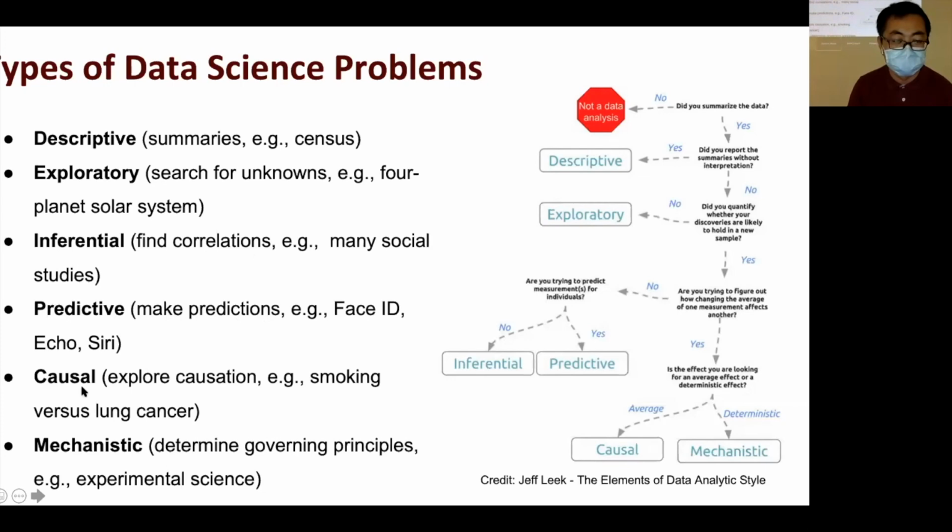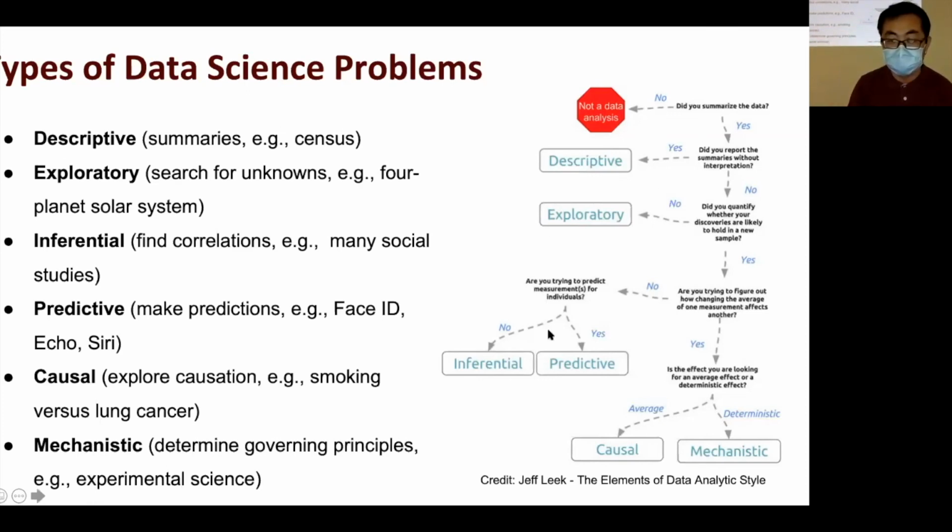Causal data science problems seek to explore causation between measurements, such as smoking versus lung cancer. And mechanistic means determining the governing principles. For example, if you change one measurement, it leads to the exclusive change of another measurement.